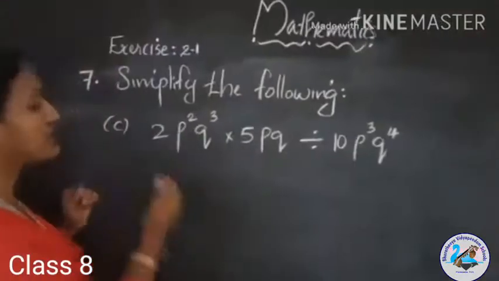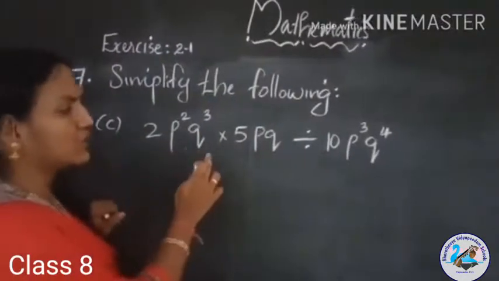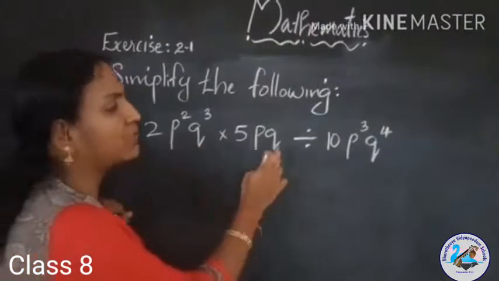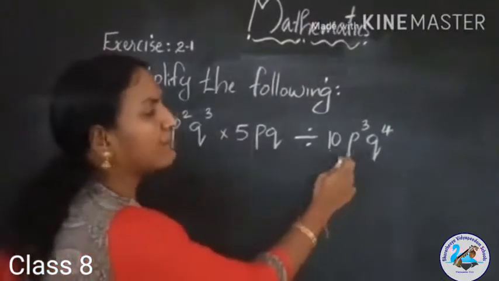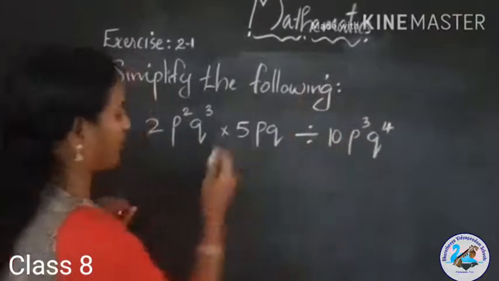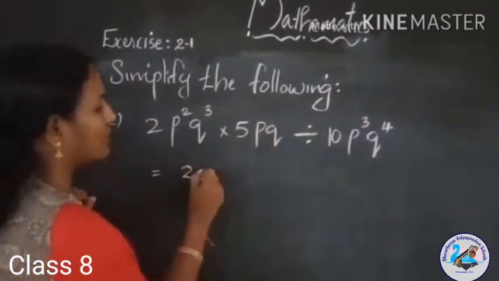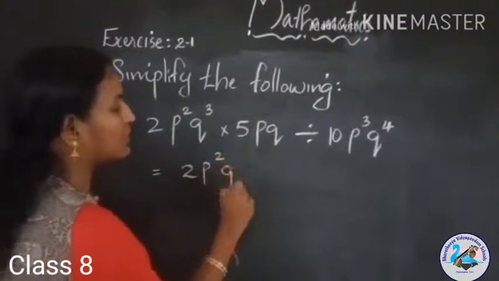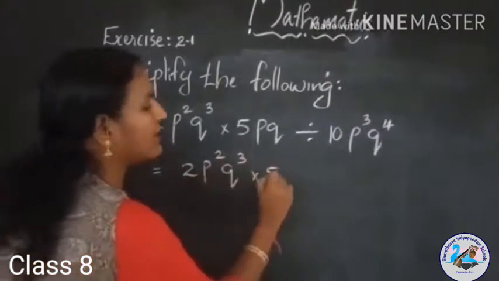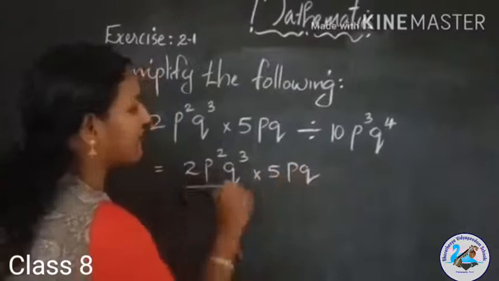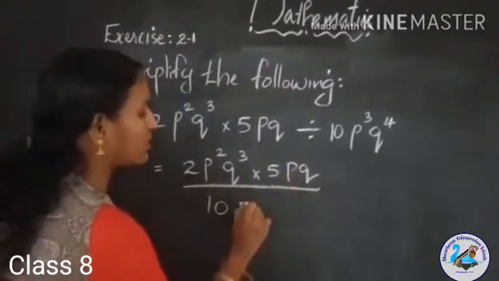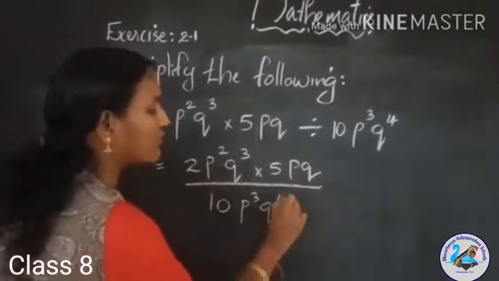Next option, option C: 2p square q cube into 5p cube divided by 10p cube q raised to 4. Write it in numerator by denominator form. So (2p²q³ × 5p³) divided by 10p³q⁴ is equal to,